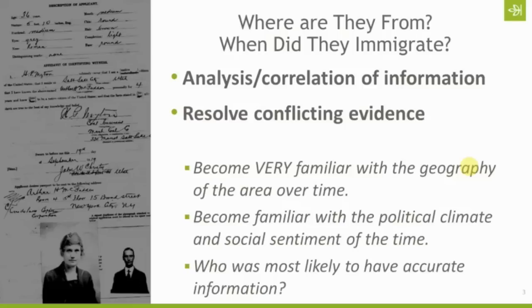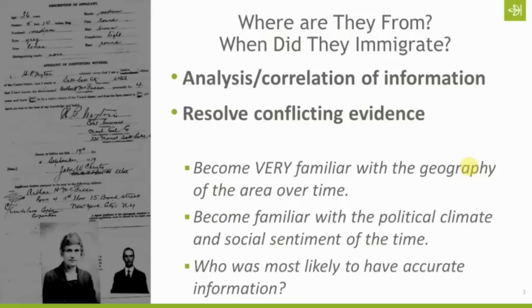Again, census records are only as accurate as the person who gave the information, but up until the 1940 census, we have no clue who in the household provided the information to the census taker, or if it was even anybody in the household. It could have been the next door neighbor or the guy down the street or the postmaster. Okay, so you have to keep in mind who the informant was for any piece of information,